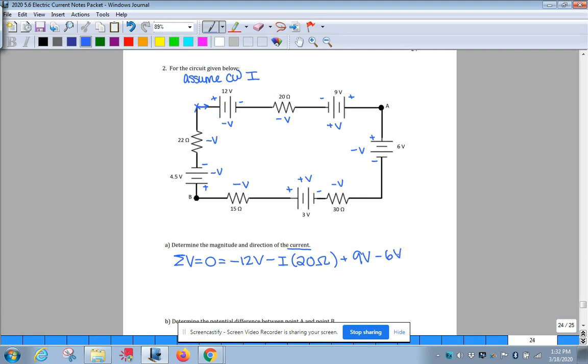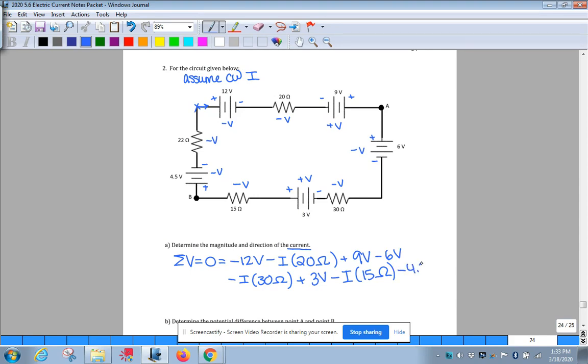And then I'm going to have negative I times 30 ohms, and then negative to positive, so we're going to have plus 3 volts, and then minus I times 15